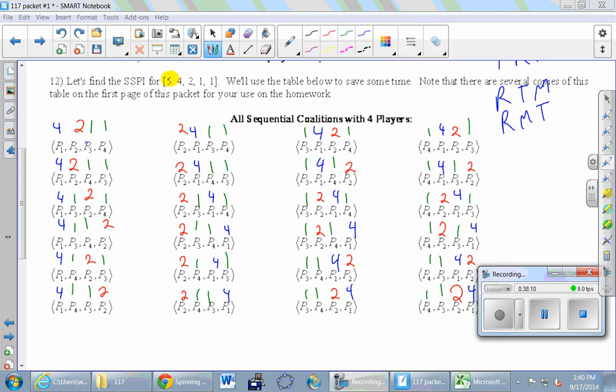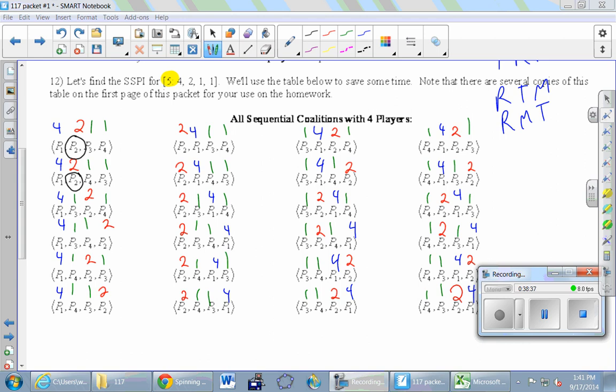I'm going to circle it. I'm not circling the 2, I'm circling player 2. Don't circle the 2, circle the player. Okay, in the next row, is the 4 enough, the very first 4? No, and then how about 2 more on top? Yes, it is, so we circle player 2.